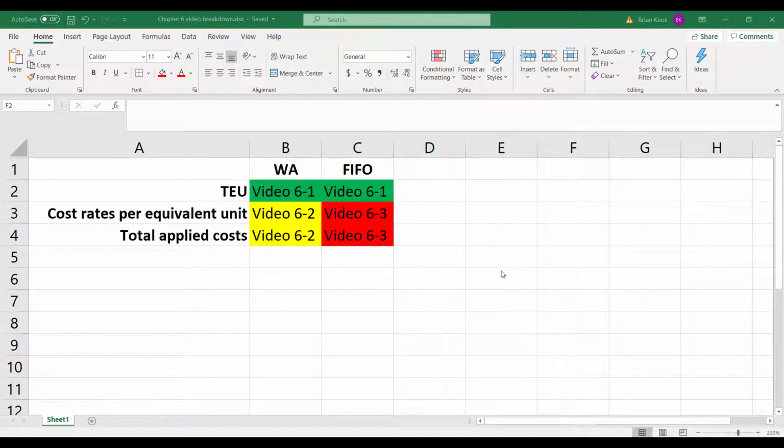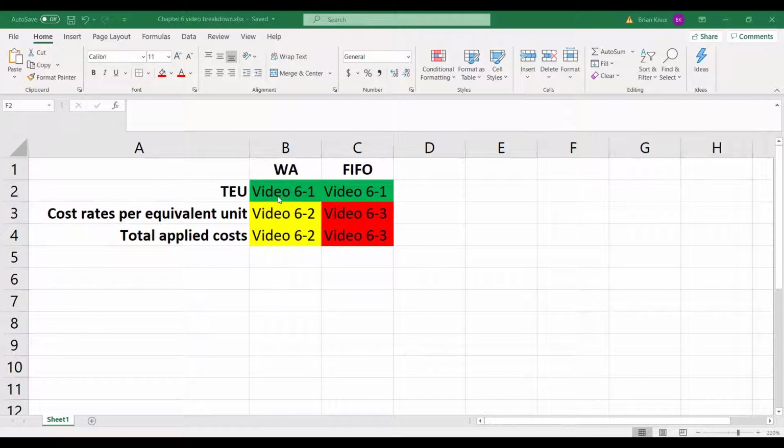Welcome to video 6-2. In this section, we're going to go over the weighted average method, its completion. In the last video, 6-1, we went over total equivalent units, how you calculate that number in both the weighted average method and the FIFO method. And now we're going to just narrow in on the weighted average method and finish the process costing cycle using